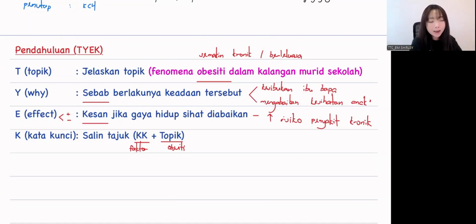So meaning to say, everything happens for a reason, isn't it? There is a saying in English that everything happens for a reason. So, of course, it's also a saying in Malay. There is an idiom in Malay, peribahasa lah. So you may apply this one whenever you're writing the essays related to the faktor, punca, and sebab. So that's what we call